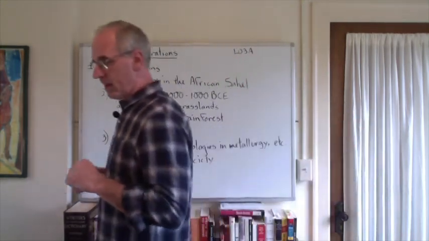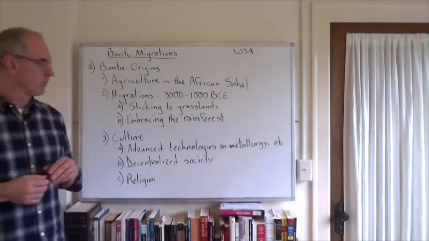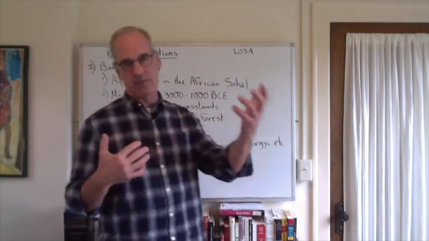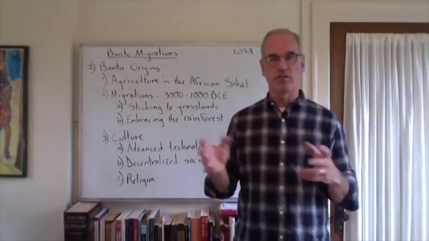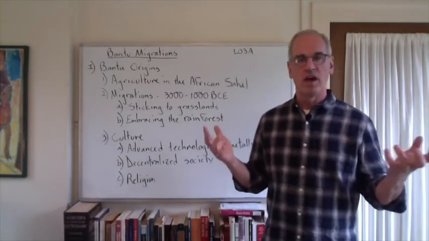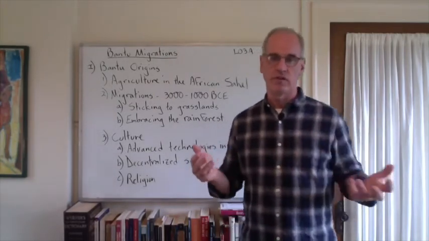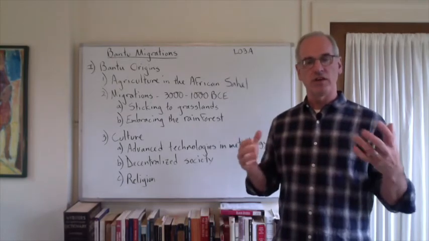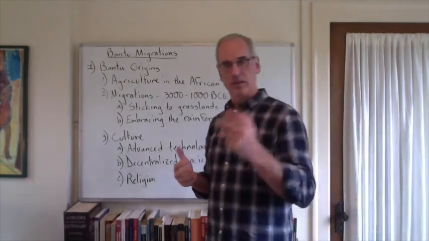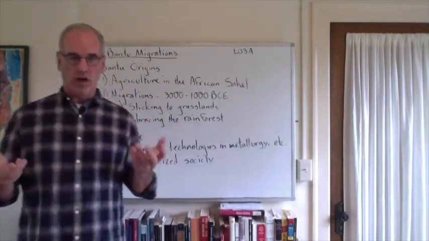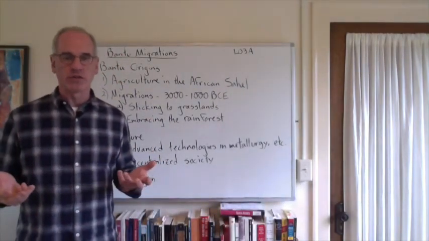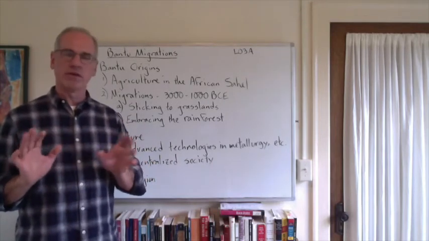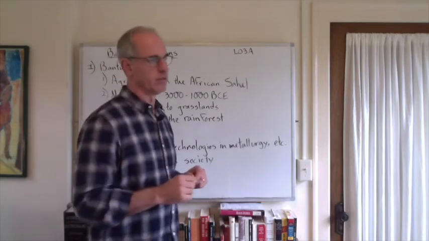But that said, they also developed a form of religion, and this varied quite a bit because these Bantu migrations were happening over thousands of years, and people were moving apart, and so they were developing their religions in their own ways. Different regions had variations on the religions. But one of the central ideas was that they tended to think of a single creator god. So they tended to have a monotheistic religion where they thought of a single god who had created the earth and everything in it.